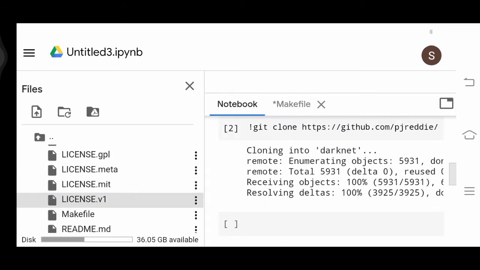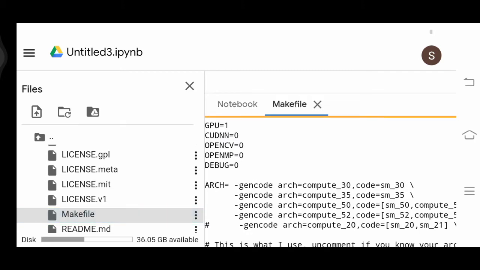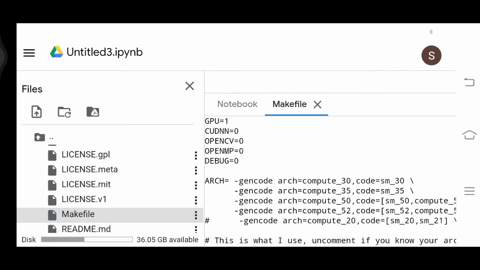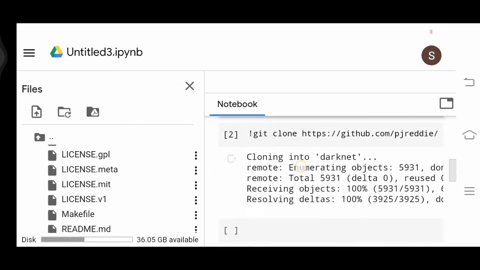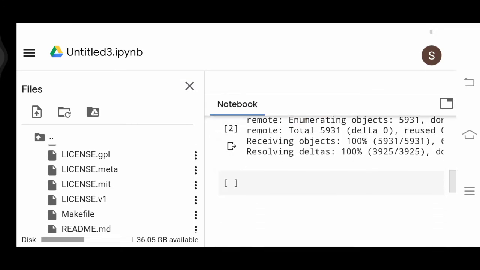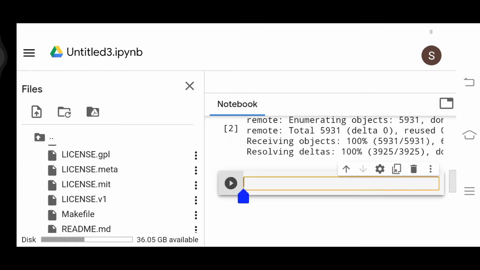So let's click make file again. Okay, GPU is being activated. That's good. But for Tesla T4 architecture, you have to change the architecture code. So for Tesla T4, you have to change to 75, but no need of doing it now. We will just GPU accelerate it. And now what you can do is, you can get here and just make it.